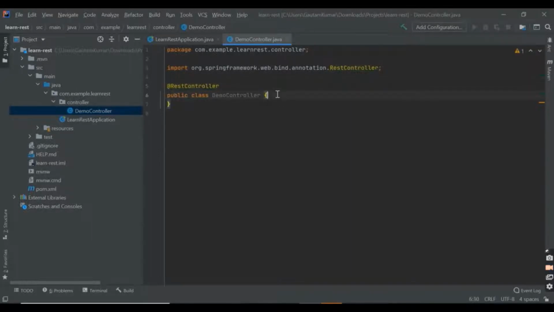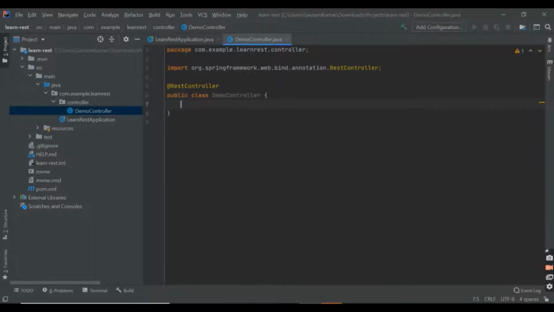This annotation is specifically used to denote a class as a REST controller. The Spring REST controller takes care of mapping request data to the defined request handler method. So whatever methods we write inside this controller class will be handled by Spring, and the mapping of the request to that particular method will be handled by Spring.